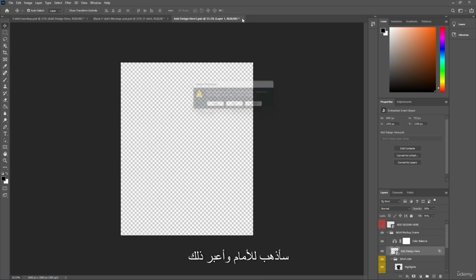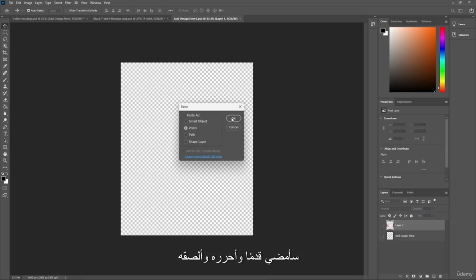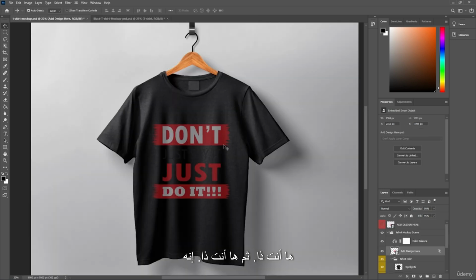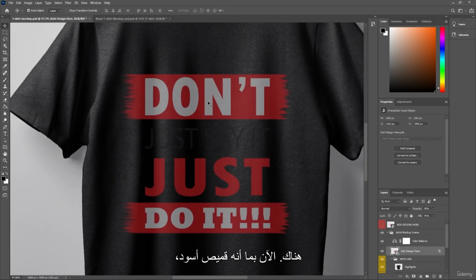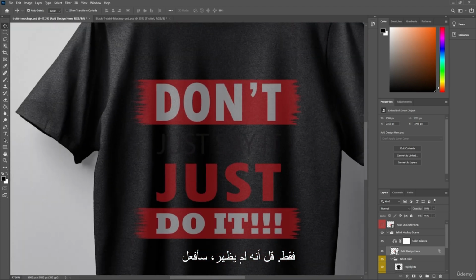I'm going to go ahead and cross that, and I'm going to save it. I'm going to go ahead and edit it, paste it in. There you go, and then save it. There you go. And then there you go. It's there. Now, as it's a black t-shirt, the drop shadow did not come up,